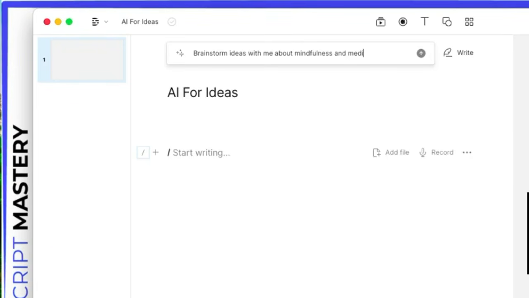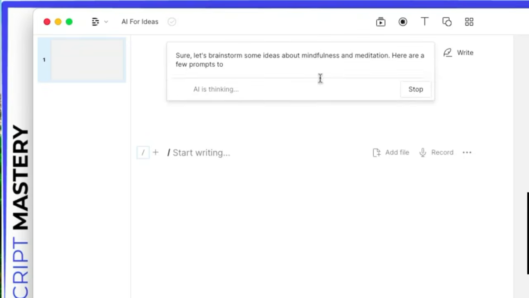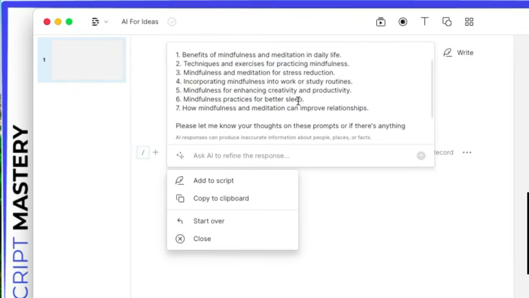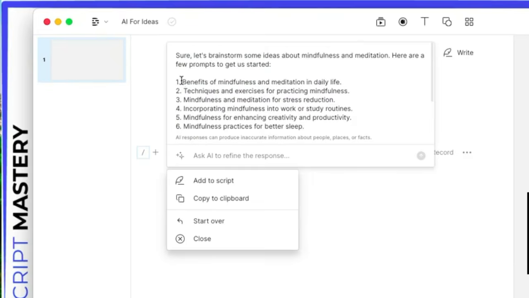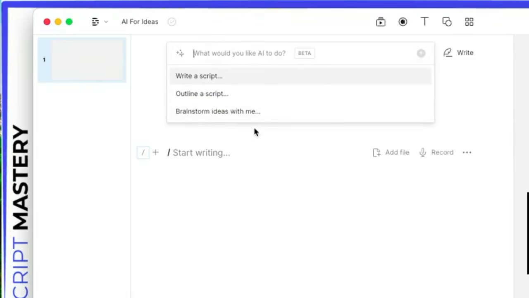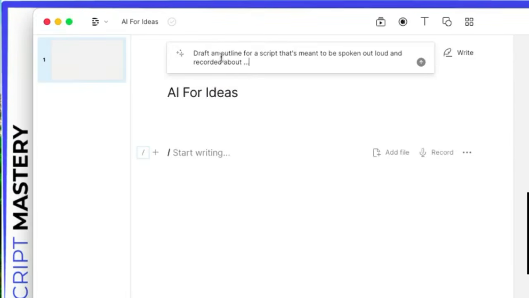mindfulness and meditation. I hit enter, and it comes up with these benefits of mindfulness and meditation in daily life. There's 7 different ones here. And so what I could do is I could take one of those, and it lets me add it to script, which doesn't really make much sense in this case, but I could copy one of these, highlight it, hit Control C or Command C on Mac, and hit close, go back to Ask AI, and then I could have it outline a script,